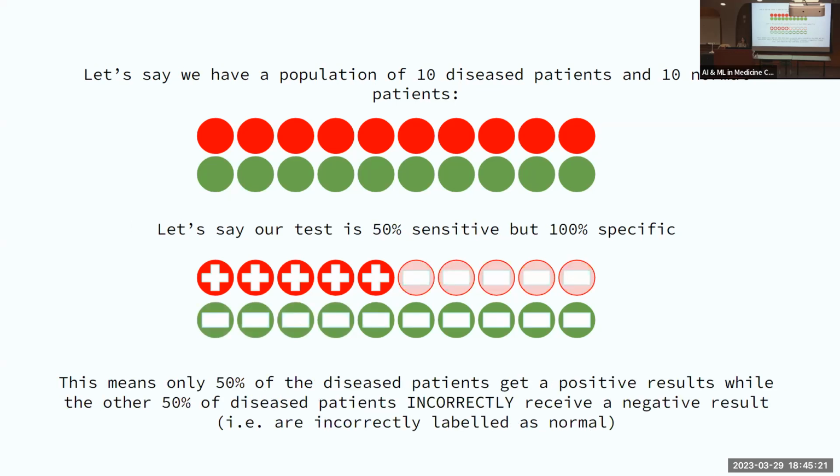The other way around would be something that's very specific and not sensitive. So it's 100% specific. It identifies all the patients without breast cancer with 100% specificity, but it's missing a bunch of people with breast cancer, 50% of them. There's 50% of people who have breast cancer where you told them that they don't have it. So whenever we talk about sensitivity, we're always talking about specificity, and we're always looking at the two together when we're deciding how to use diagnostic tests.